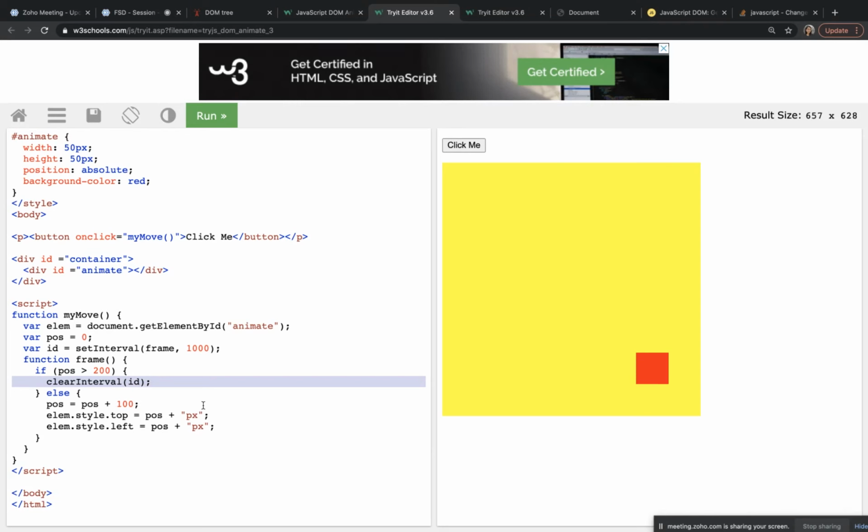But it is best practice to clear the interval. If we are setting an interval on some functions, we need to clear it out. That is the best practice. There are some problems that will arise if we are not clearing it, which you will come to know when you're working on a project.